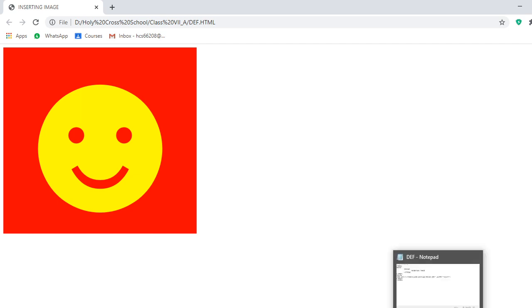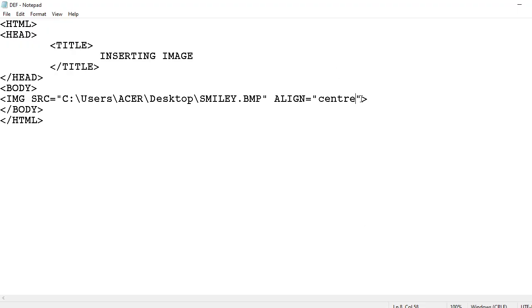Now after that, again, I can increase and decrease the height and width of this image, up to 50% or up to 25%. So I am going to show you height and width. Height equal to, I am writing here, the height will come down to 50%, and then I am going to write here, width will also come down to 50%, done.